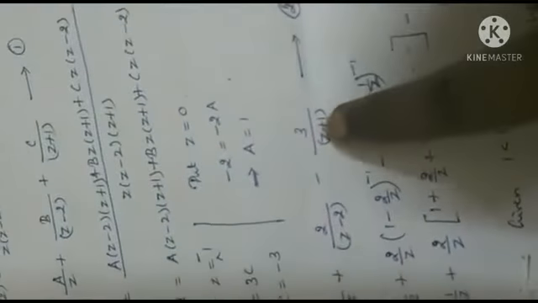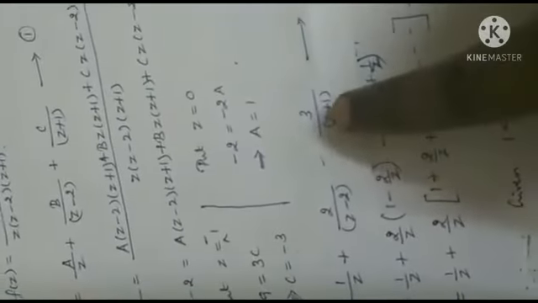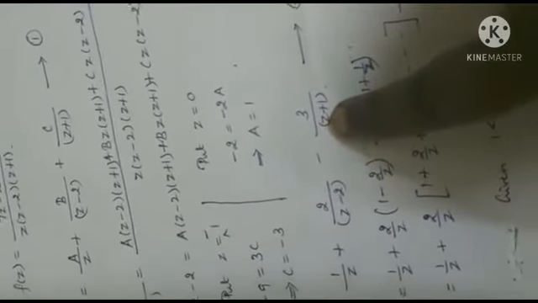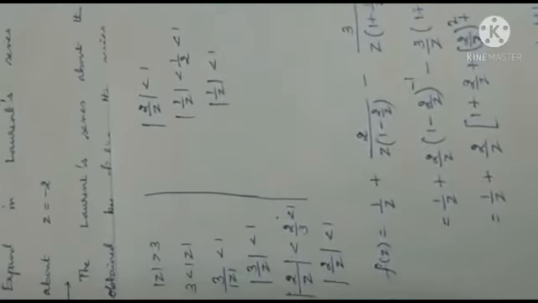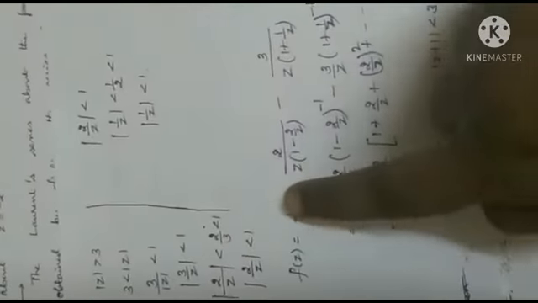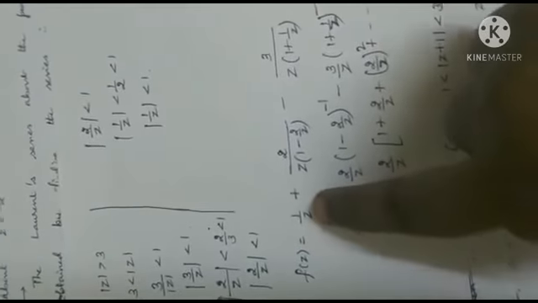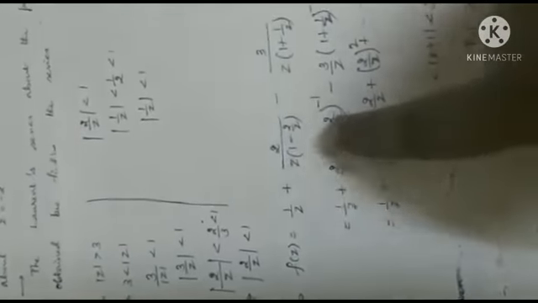For the next term, it is z plus 1. I should get z as it is or 1 by z form. Mod 2 by z, divide both sides by 2. 1 by z, 1 by 2 is less than 1. Now both parts are ready to do. Keep this term as it is. This cannot be expanded as a series, being simply z. So take z outside, here also z outside, so that both terms are less than 1. If you feel it is difficult, you can leave it. It cannot be explained more than this. Second subdivision.